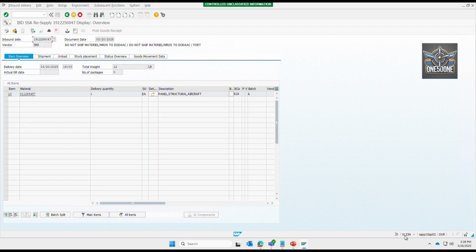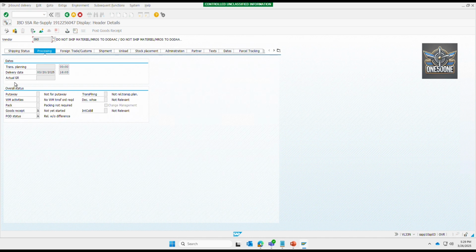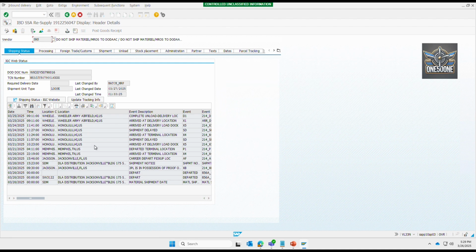This brings us to T code VL33 November, and it's got some basic information on the front screen here, but what we're going to do is track this. So if you click status overview, and then you have your IBD number here again, you're going to double click that number, and then you're going to click the shipping status tab, and then it's going to have all the same information